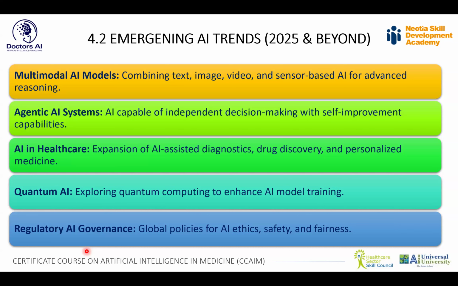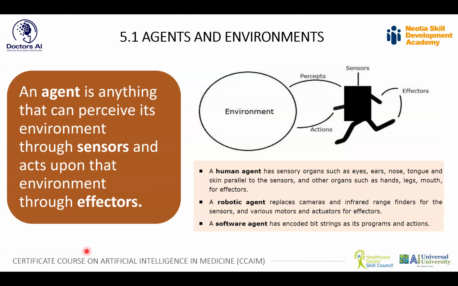And you will also be seeing development of quantum AI. This is a topic that we will be covering separately in one of the modules because we believe that this is a segment that will really be evolving. And in the next few years, with so much potential of AI models coming in, you'll be seeing a lot of governance coming in. So global policies on AI ethics, safety, fair use of AI, transparent use of AI. Some of the topics will be covered by our speakers, by our faculties in the upcoming modules. Let's move ahead. The next segment.